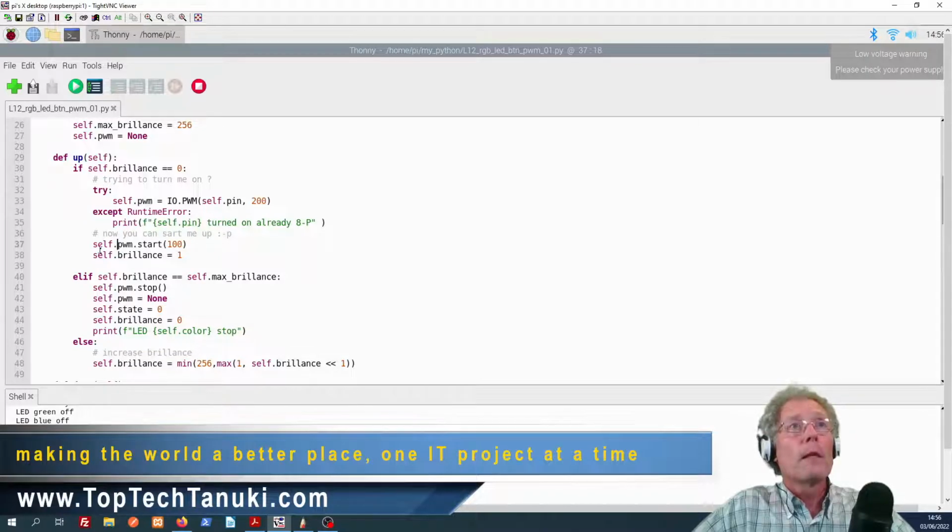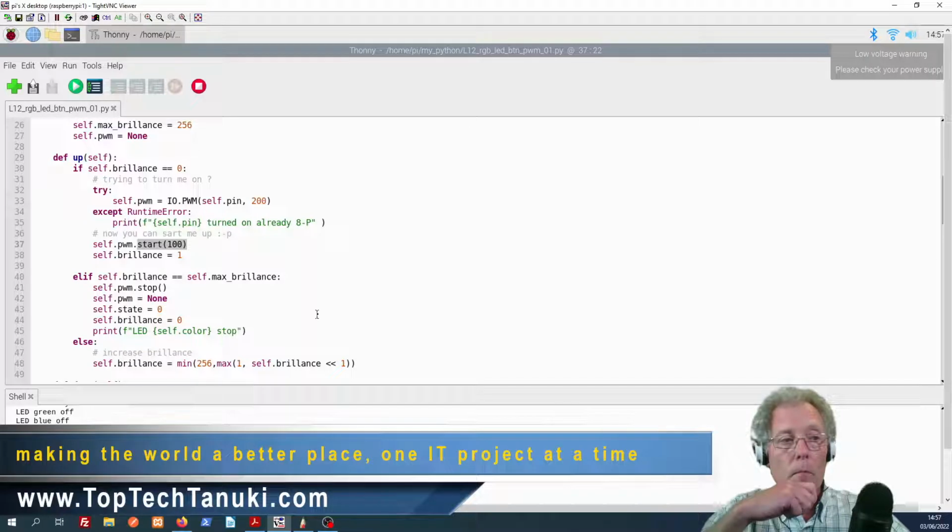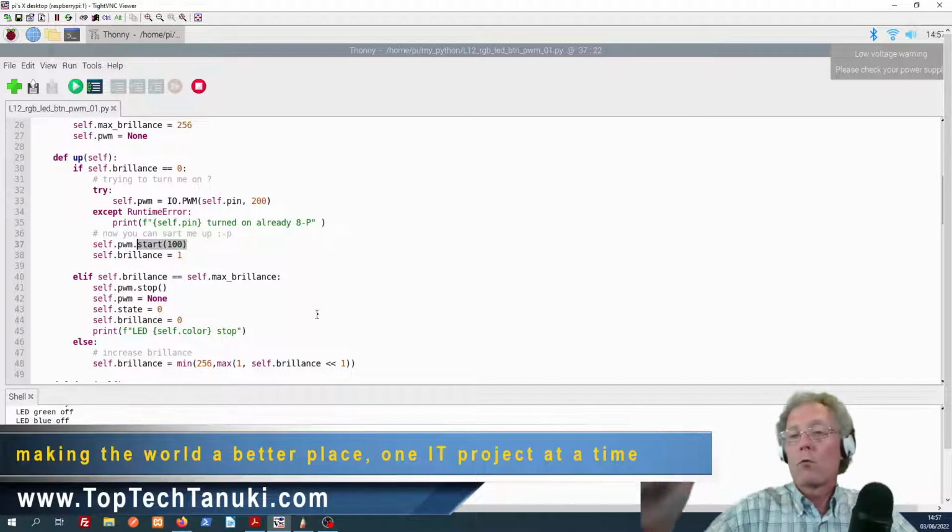Okay, so when this is started, instantiated, we can call different methods on it, like the method start here. Self PWM start will start the pulse width modulator with a value of 100, which is the duty cycle. Usually, you remember, we start with 0, meaning that we have a 0 duty cycle, which is no signal. But once again,